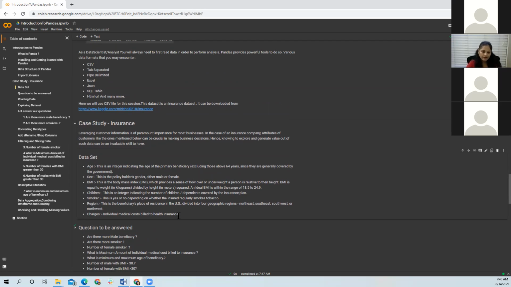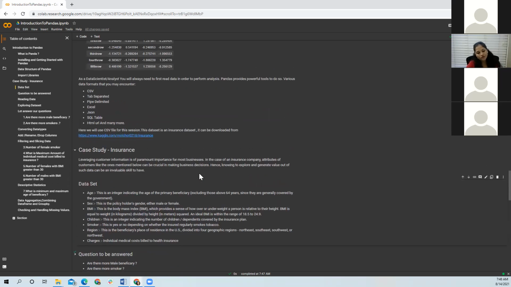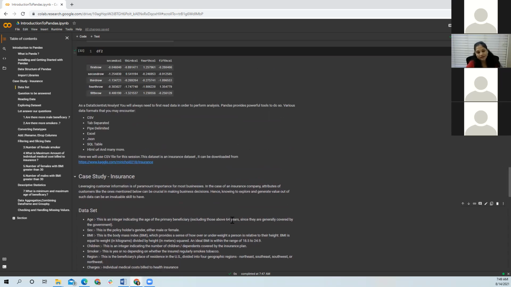So with this data set, what is it that you want to find out or analyze? What can you think of? What questions should we answer with all these attributes like age, sex, BMI, children, smoker?